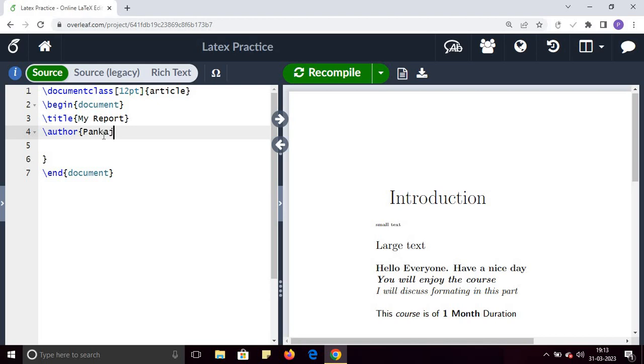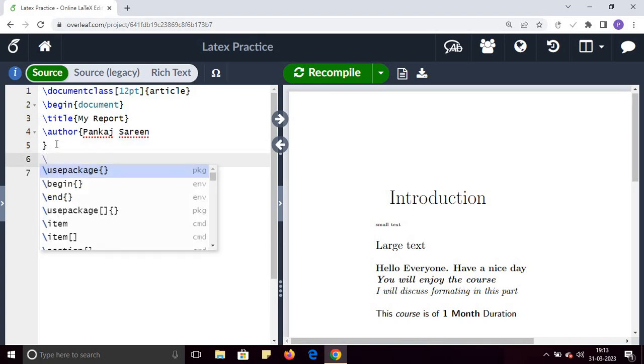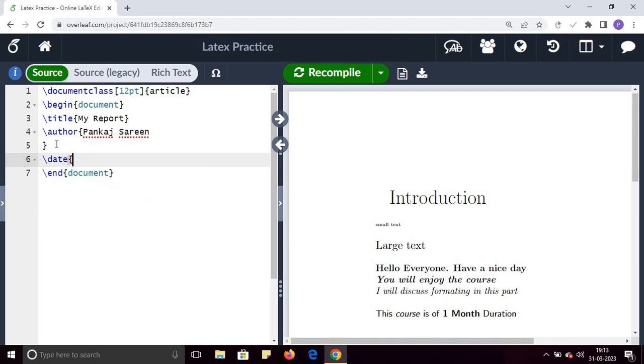For example, suppose author name is Pankaj Sareen, and then I will give information regarding date. So suppose date is 31st March 2023,